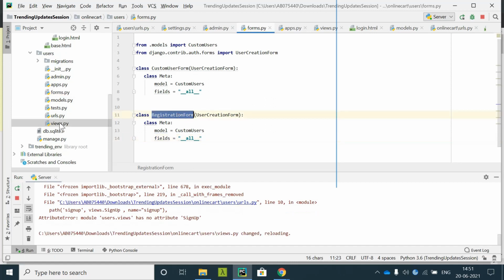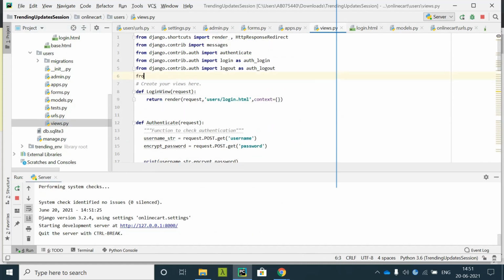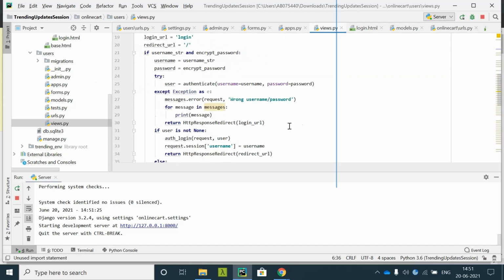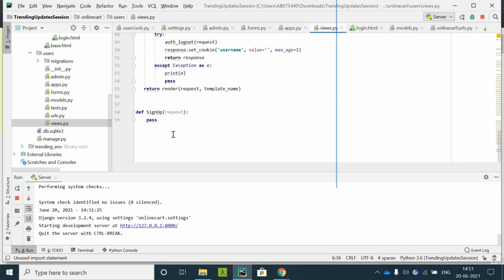So registration form should be imported now. From dot forms import registration form. Now I'll say form equals registration form. Now this form is holding the empty form.